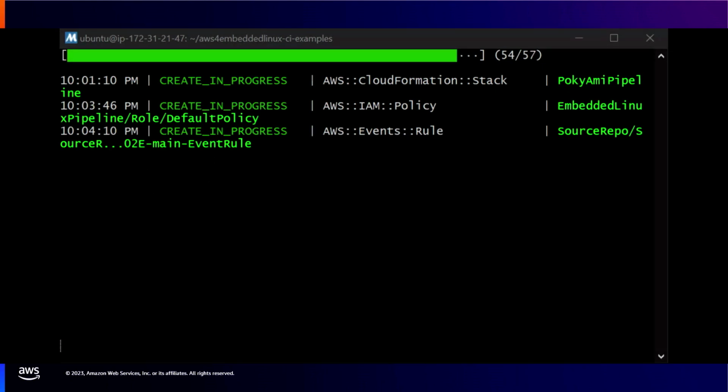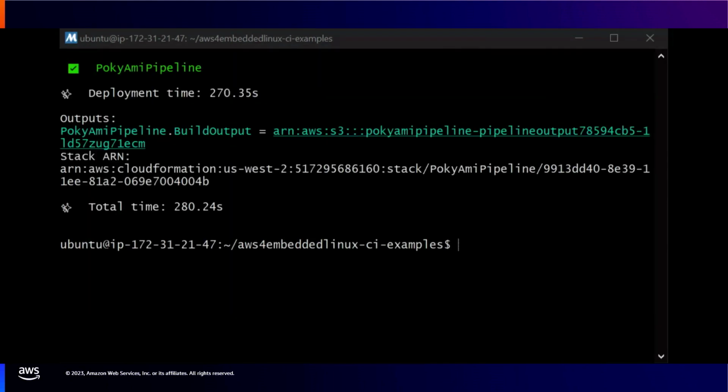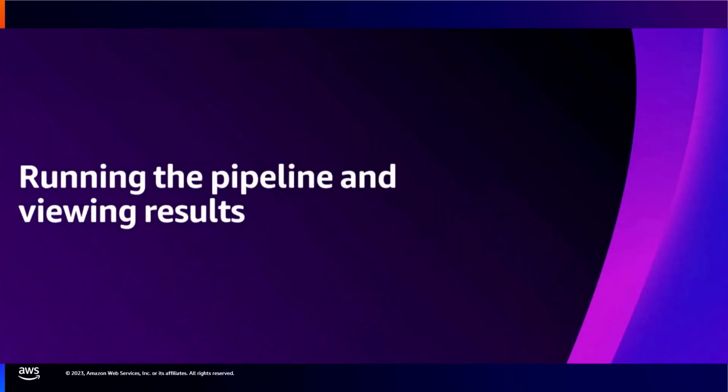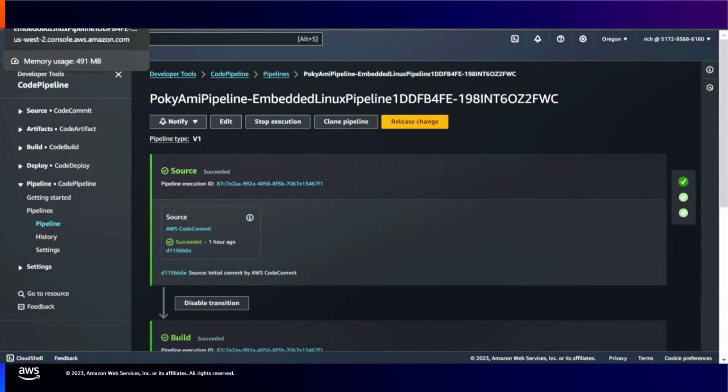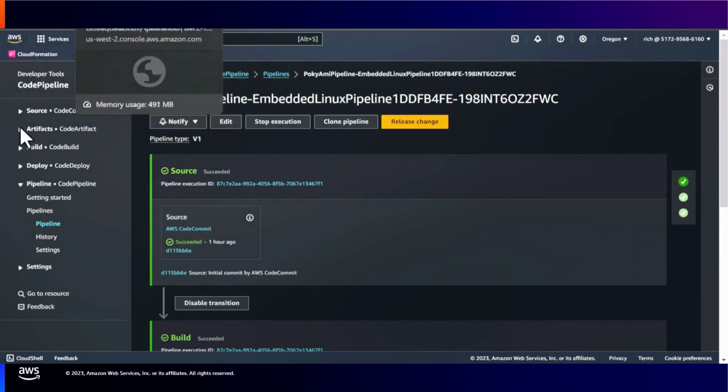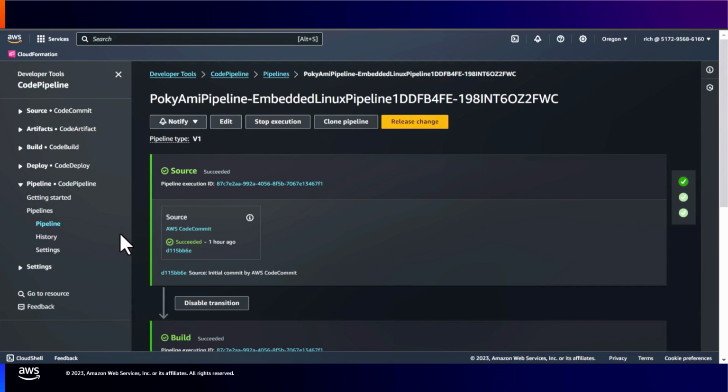Yeah, okay. Perhaps could have sped it up a little bit more, right? Okay, so now it's completed. And what we want to do now is take a look at the results. So the first thing I'm going to show you is what the pipeline looks like. Right now, super simple. Takes the event, does the build,